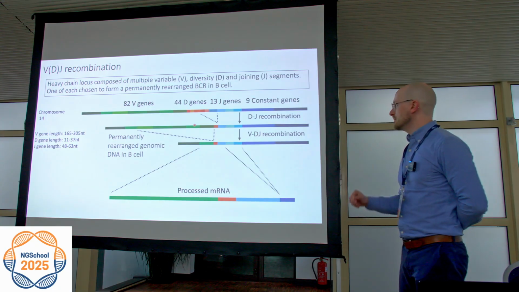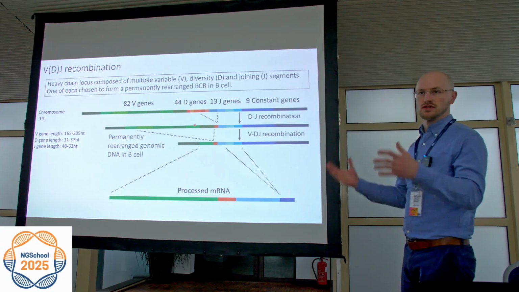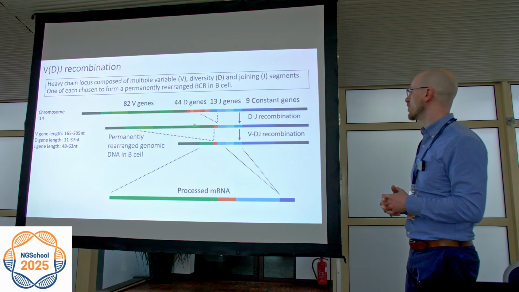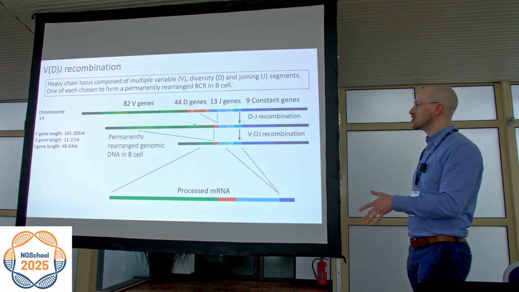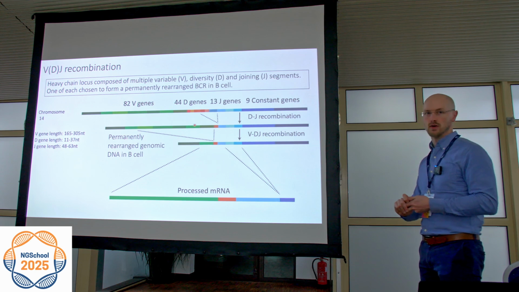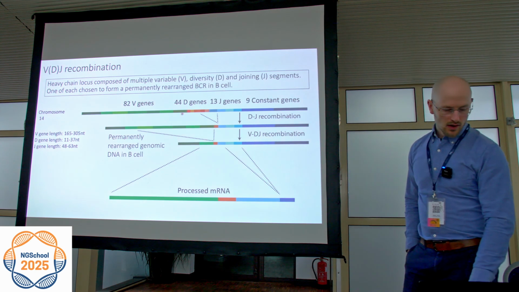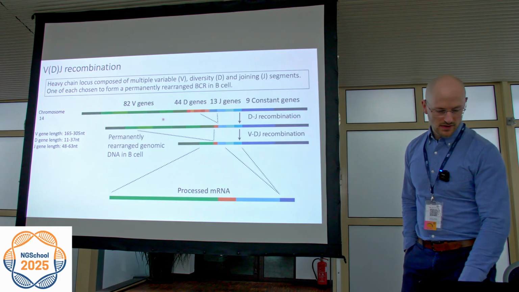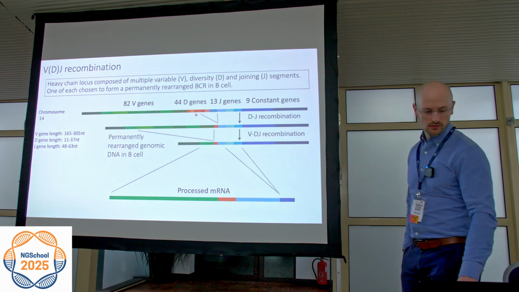More specifically, we're going to focus on the heavy chain first because it's the most diverse and generally the more important one for binding. So the heavy chain locus in humans is composed of multiple variable, diversity and joining segments, which are called V, D, and J segments. It's located on chromosome 14,